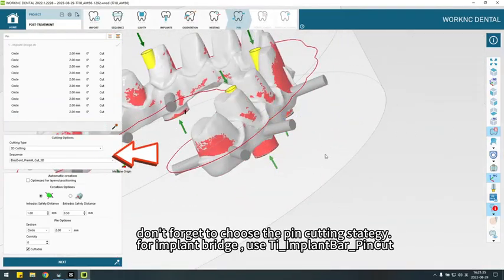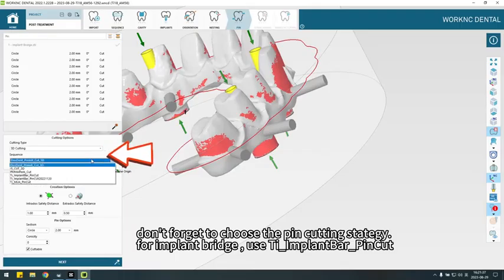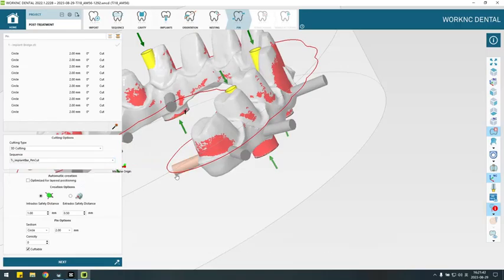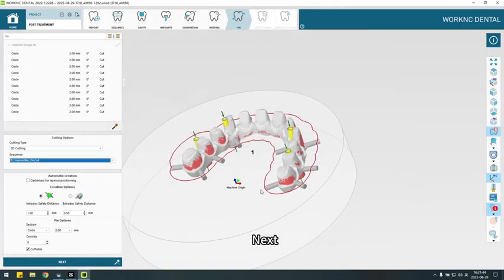Don't forget to choose the pin cutting strategy. For implant bridge, use TI implant bar pin cut. Next,